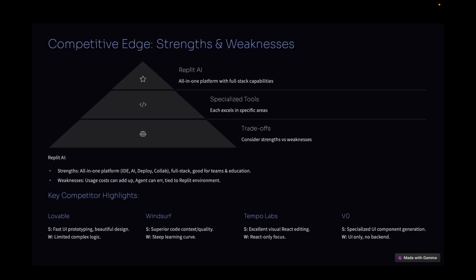Now that we have seen features and price, let's highlight the core strengths and weaknesses. Starting again with Replit AI, its main strength is being an all-in-one platform: IDE, AI, deployment, collaboration, especially good for full stack work, teams, and education. The weaknesses potentially include cost, the fact that the AI Agent isn't perfect yet, and being tied to a Replit cloud